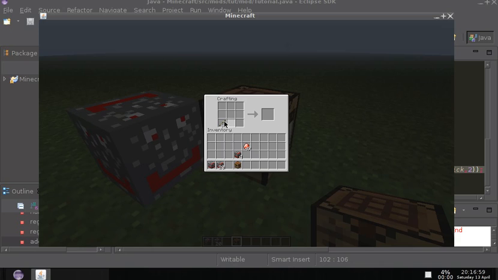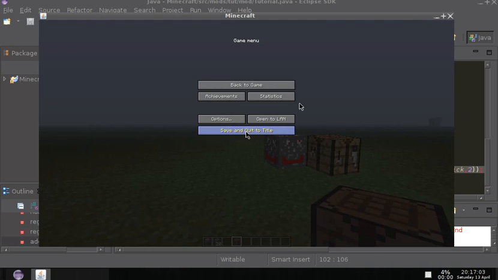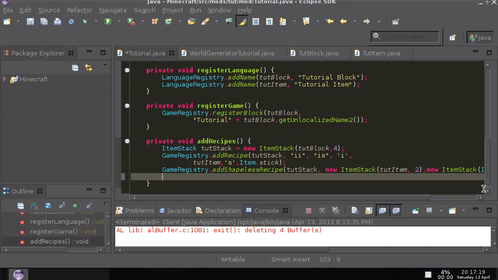Oh, okay. So, I know I promised you guys that I would do a smelting recipe, and well, I don't think I have time for that. So, what I'll do right now is show you how to make a smelting recipe, which is kind of simple, kind of not. There are two ways to do it. There is the